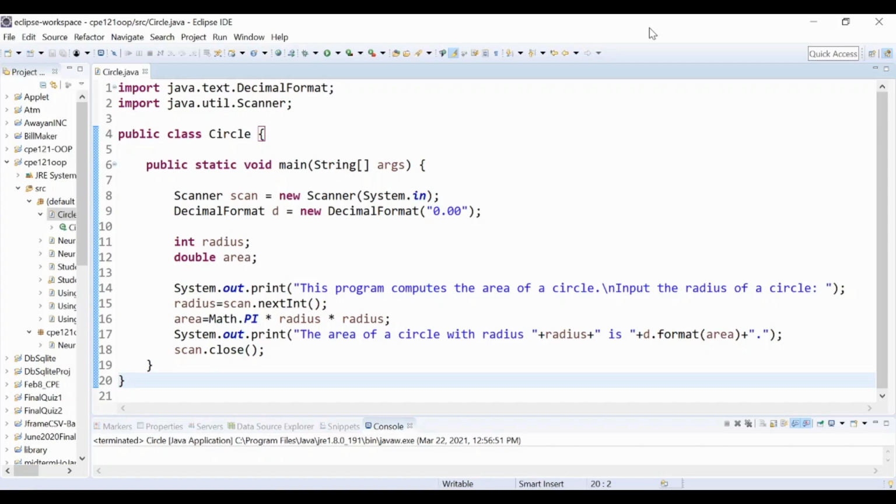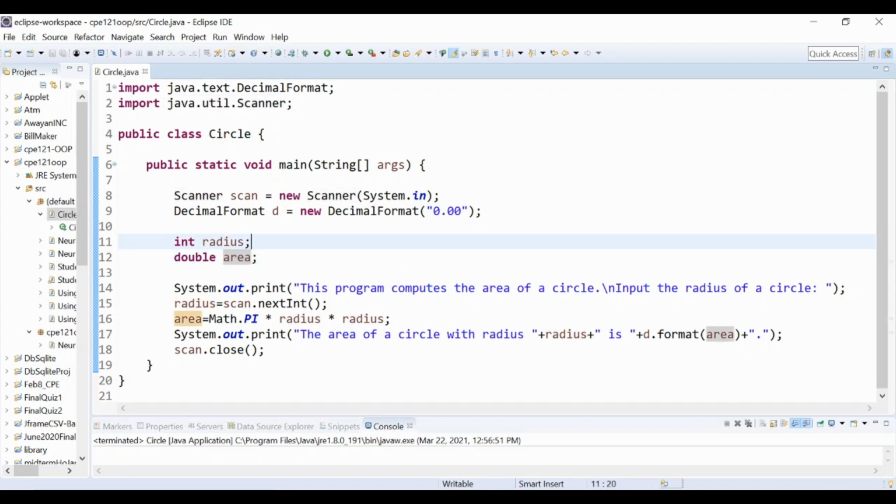Let's say, for example, we're going to create a program that computes the area of a circle given its radius as the program's input. So we could write the program this way. Say we have here the Java class Circle, and this has a main method so that this will be executable. Say we use Scanner for us to be able to input the radius value, and we declare radius and area